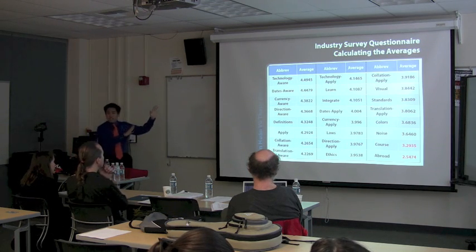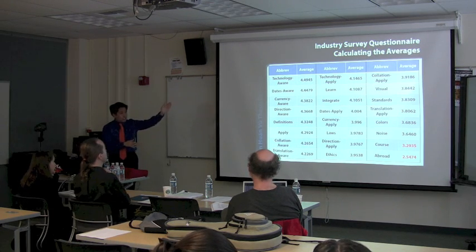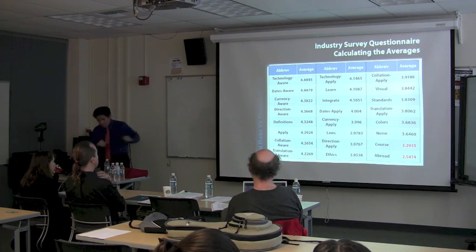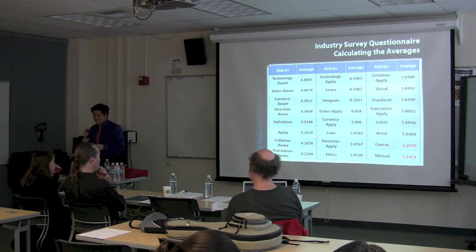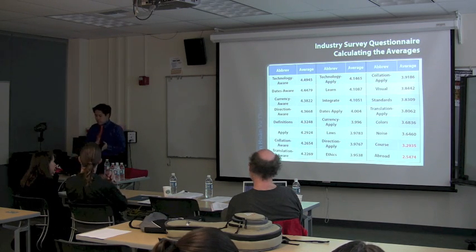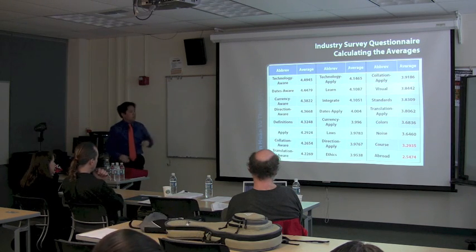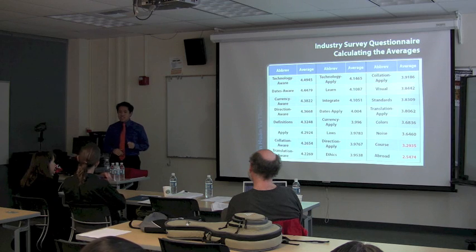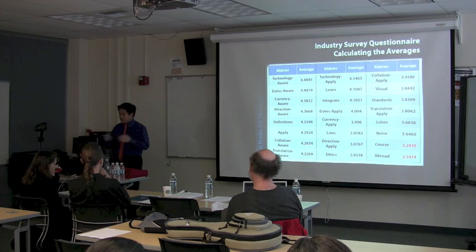This table looks different from your table 2 because it's sorted by the averages from the highest to the lowest. Highlighted in red are the 2 statements that did not tend towards strongly agree or somewhat agree in the industry responses, which are course and abroad. Course basically means that students should not learn software internationalization entirely by course, and abroad is studying abroad for software internationalization.